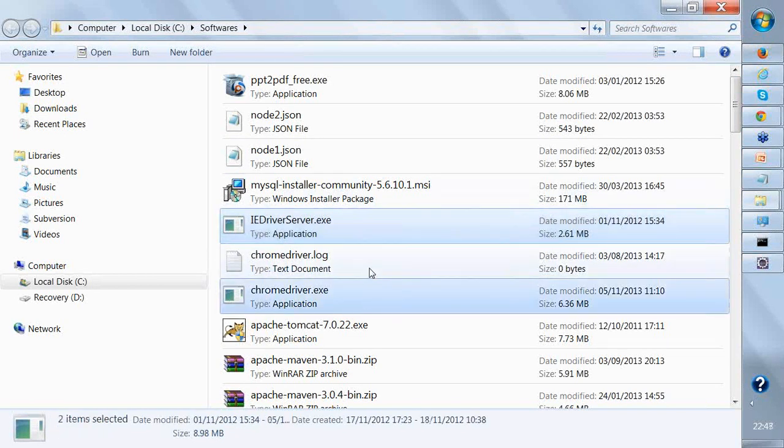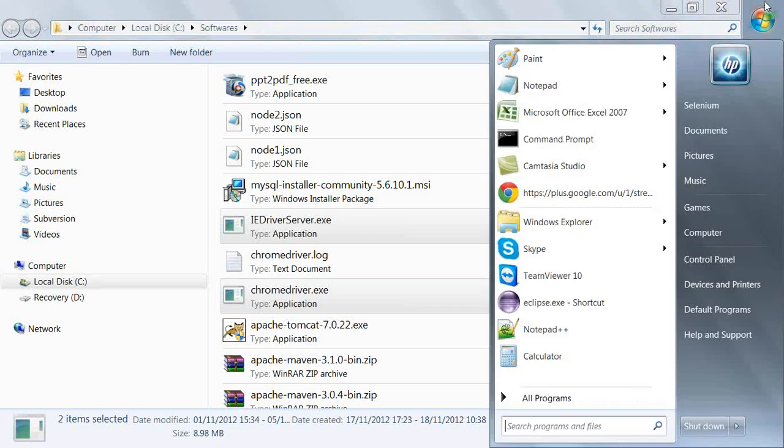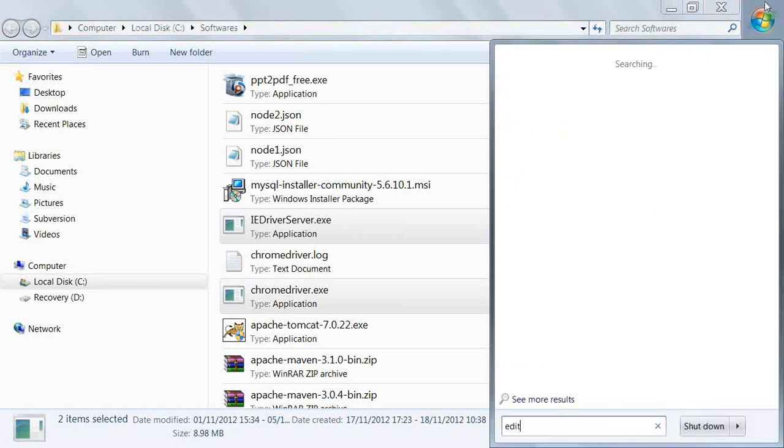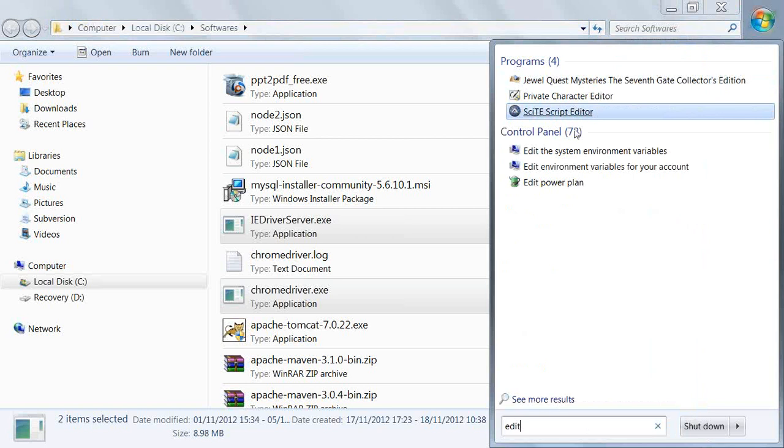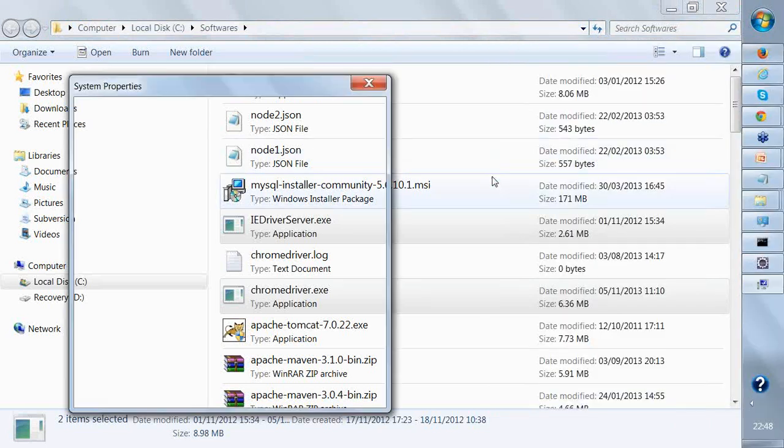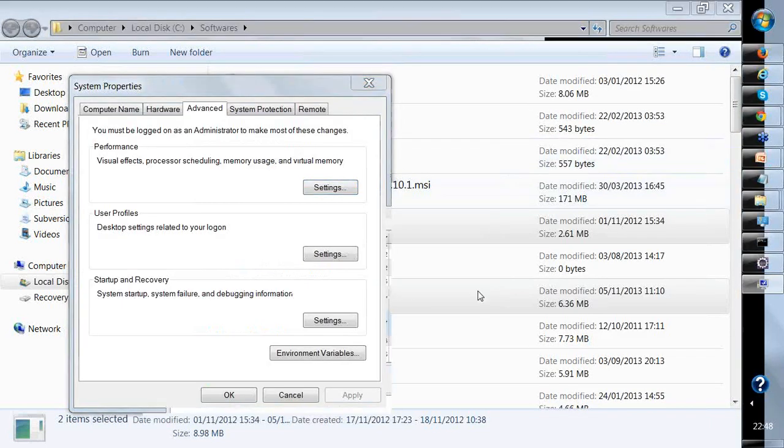Now there is only one configuration that you would need. Just copy the path where you have kept these files and go back to the system environment variables again. Type edit over here, open this environment variables, and